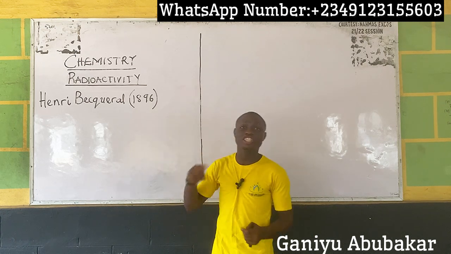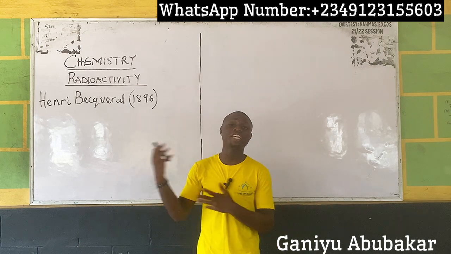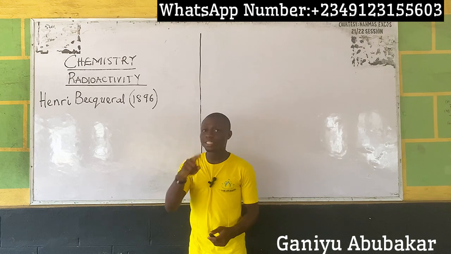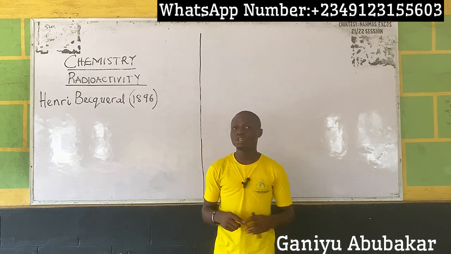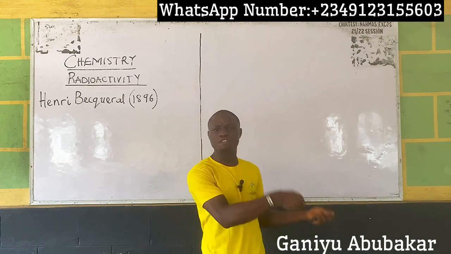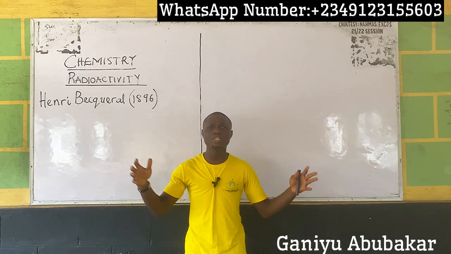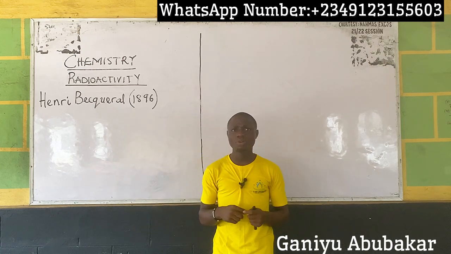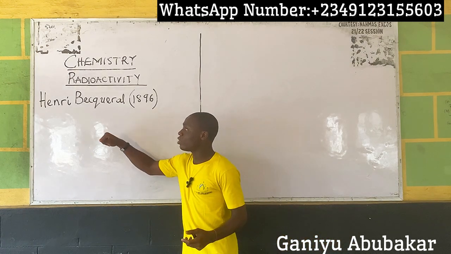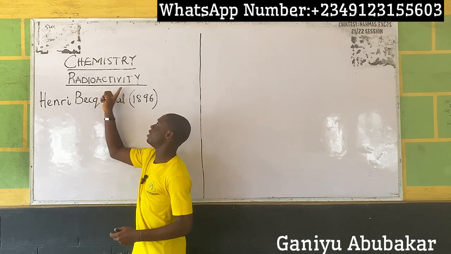And this concept counters John Dalton's theory that says atoms can neither be created nor destroyed. This concept distorted that idea because from radioactivity we have nuclear fission and nuclear fusion. Nuclear fission has to do with splitting the atom, and nuclear fusion has to do with combining atoms. A French physicist called Henri Becquerel discovered radioactivity in the year